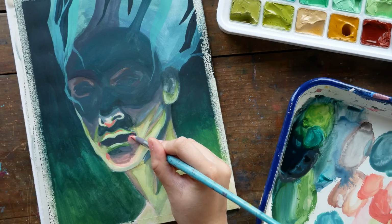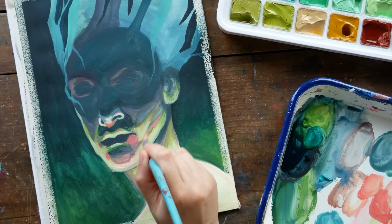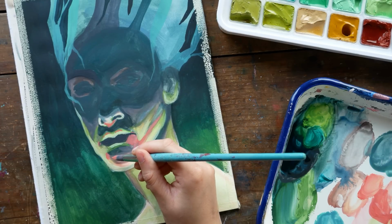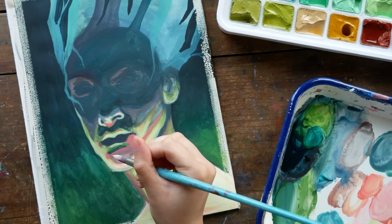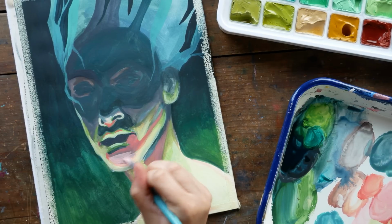I was like, oh man, I can't wait to see how these paintings are not actually similar, because even though the thumbnails felt kind of alike, I knew that I wanted something different for this piece, and I'm really happy with how it turned out. I will be scanning this one in, or I have already scanned this one in,